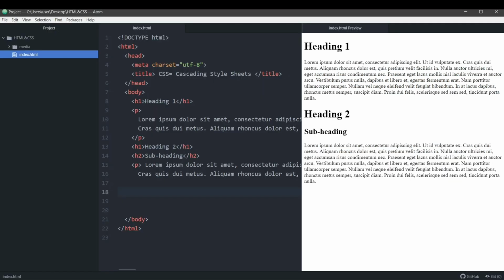To add styles, there are three ways. There are three types of CSS. The first one is called the inline CSS. The second one is called the internal CSS, and the third is called the external CSS. The inline CSS is also called the style attribute. It is given to a particular tag in the web page. Only that tag will have a style attribute.